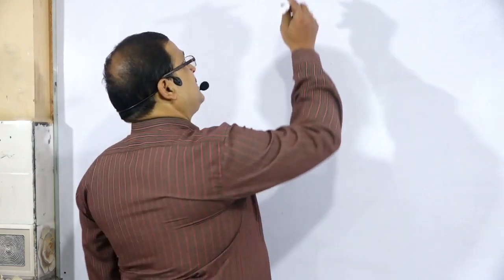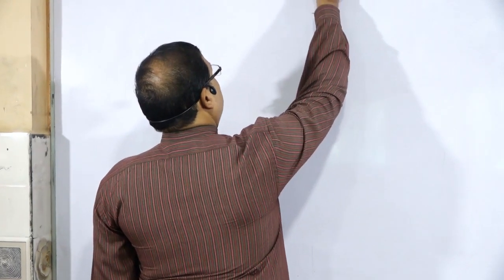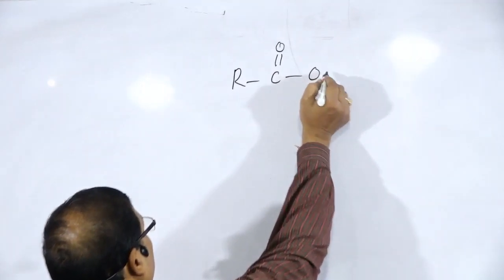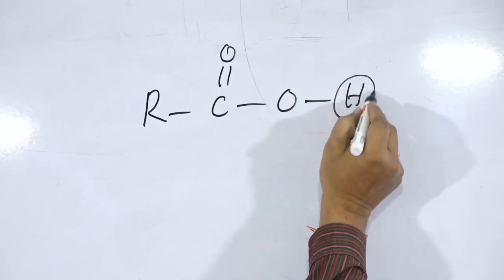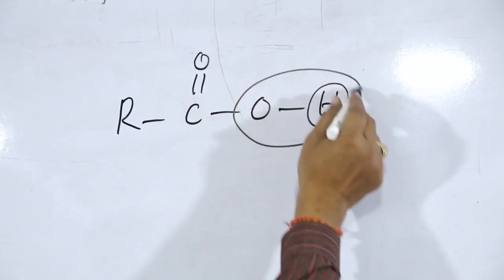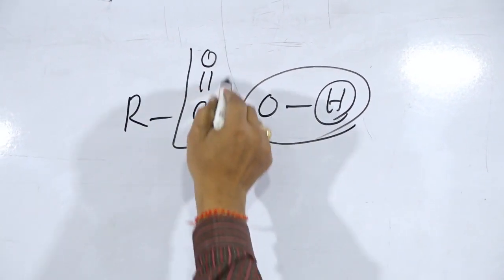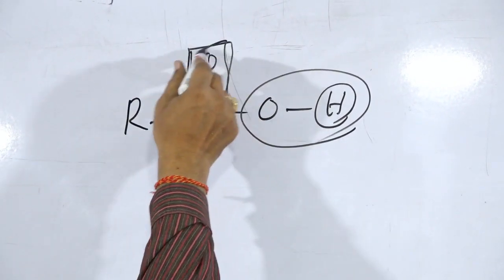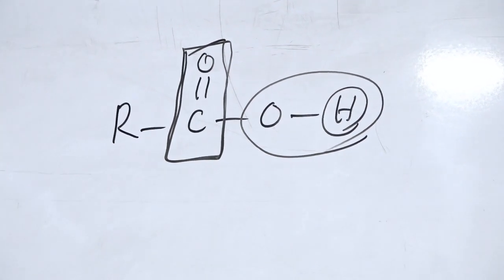Dear students, today we will start the reactions of carboxylic acids due to the CO part, the COH part, and the R part, one by one. First, we will go for the reaction due to the CO part, RC double bond O bond H. We have already explained the reaction due to the H part and the OH part. Next, we will explain the reaction due to the CO part.